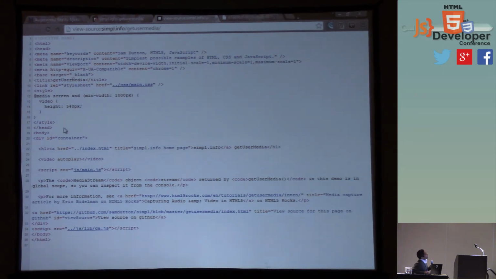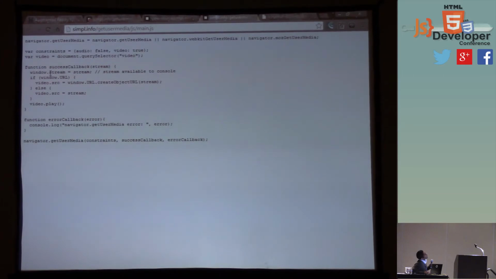Here's the video element, and basically it's going to grab the HTML5 video tag, and then it's going to pass in these constraints. The constraints are required for Get User Media. I mean, they're optional, but it's good to have them in there.